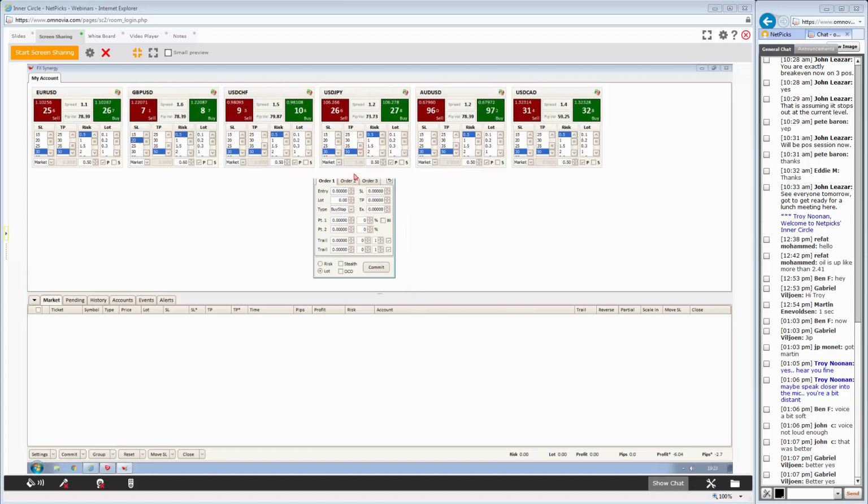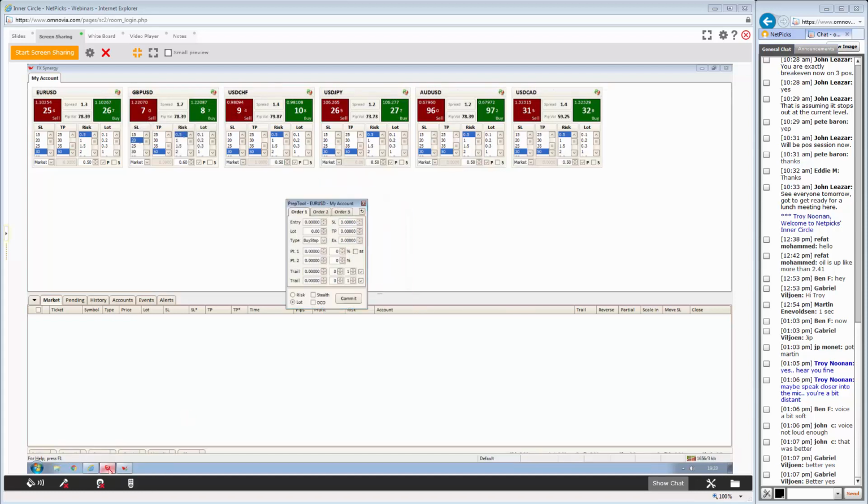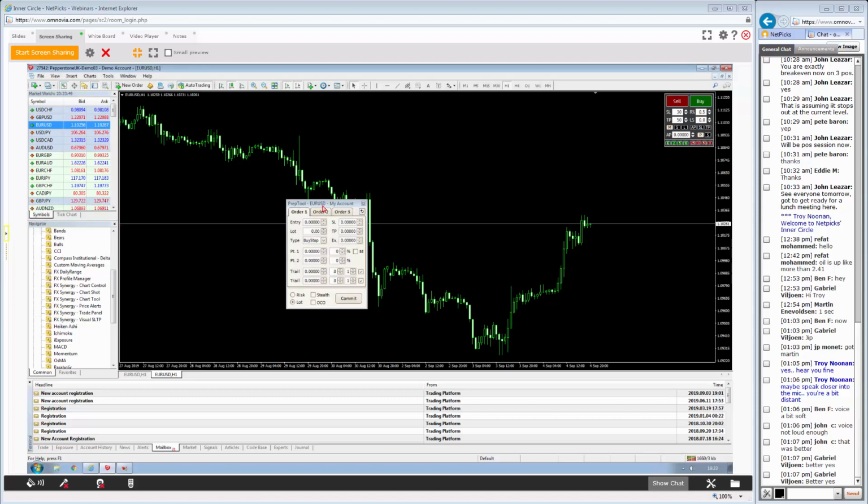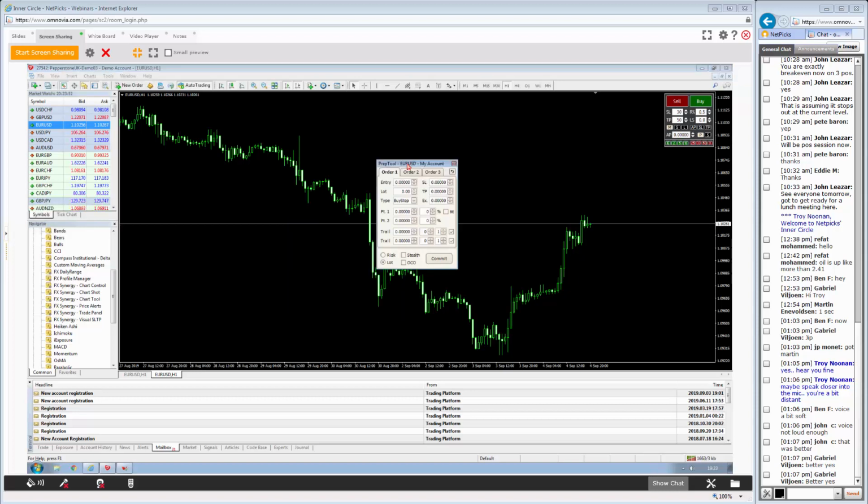So the idea with this window is that it floats on top of all the other windows. So I can take this into MC4 or TradeStation or wherever I have my charts. And I can place up to 3 orders at the same time. But the idea with this tool is that I can specify the price for everything. So we have the entry price, we have the lot size, or I can change it to risk and use the risk percentage. I can set the order type. I have the stop in pips, the target in pips,